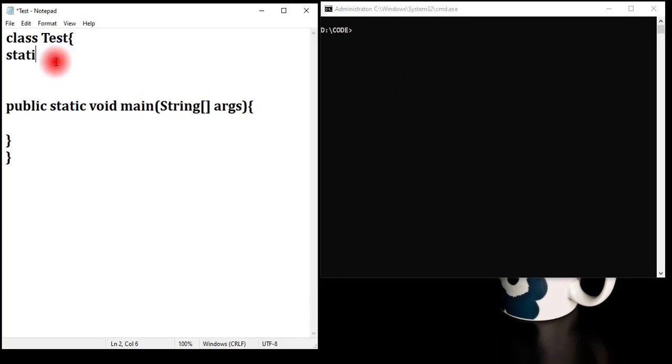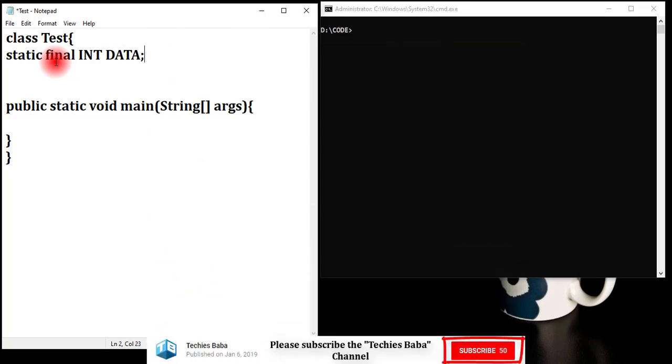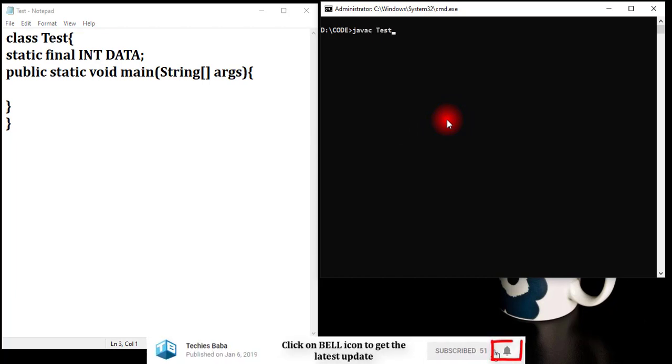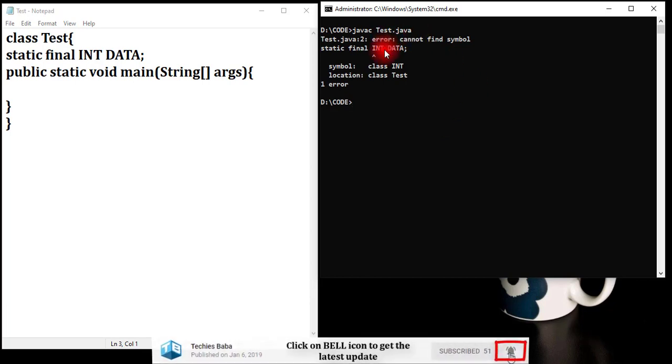I'm having a static final int, say data. I'm not using this, just compiling this.